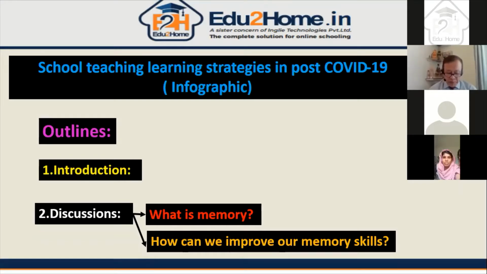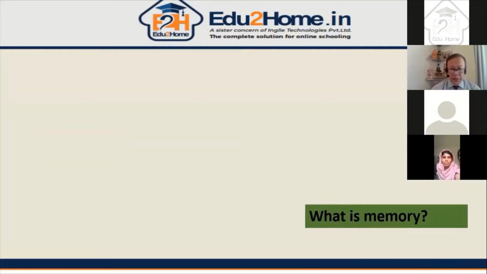So when we talk about memory, some of the things that come to our mind are that we get stuck with the bad memories, we get stuck with the good memories, photographic memories, then visual memories, long lessons of practice, memory, easy ways to memorize things, and there is no one too old or too young to improve their memory. And if you train properly, you will never ever forget that particular topic or that particular matter. So I will take you to the next slide. That is, what is memory?